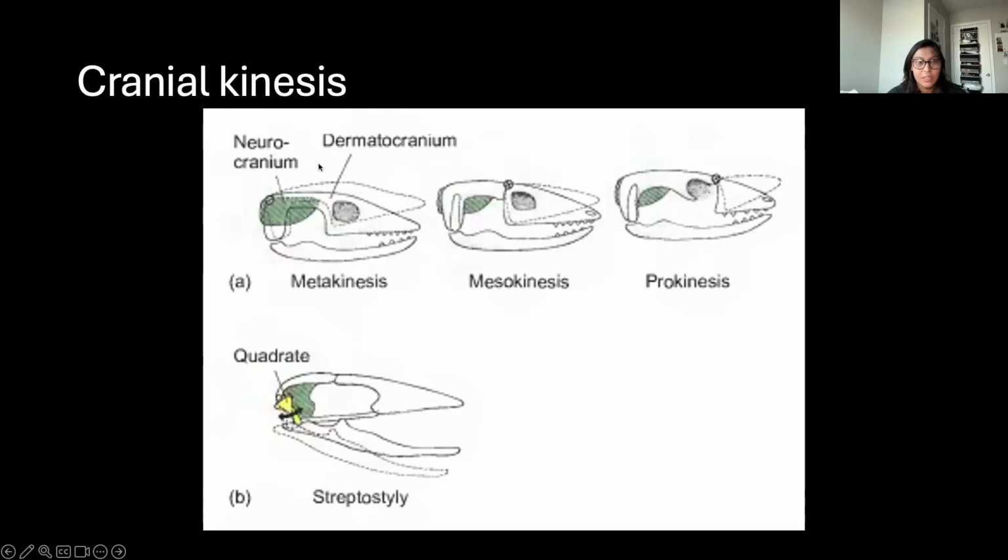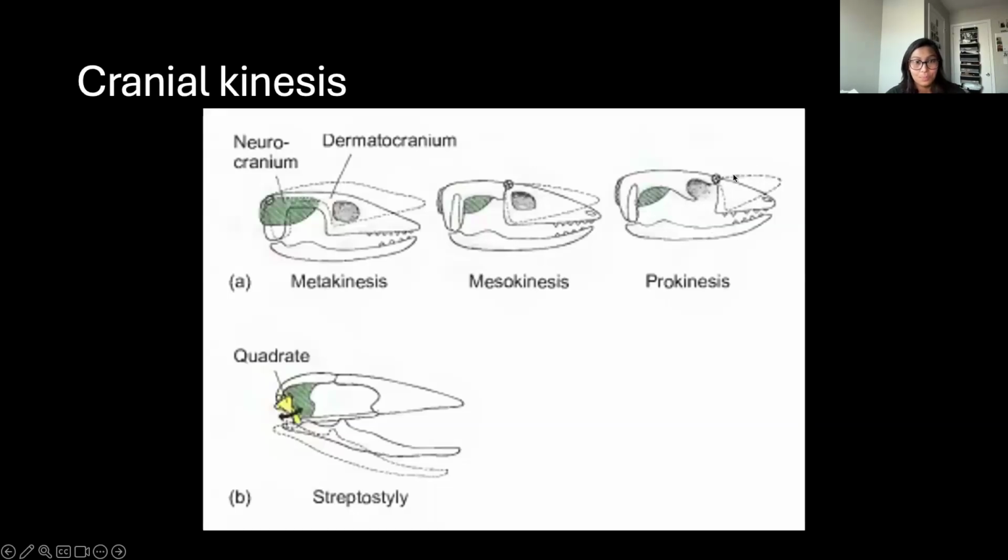So we can see that there is some movement here called metakinesis, which is movement between the neurocranium and the dermatocranium. The neurocranium is the part of your skull that houses your brain, while the dermatocranium is kind of the base skull part. There's also mesokinesis. This is a joint in the skull that is behind the eyes that allows the anterior or forward part to pivot up and down. And then there's also prokinesis, and that is a joint in front of the eye that allows the snout to